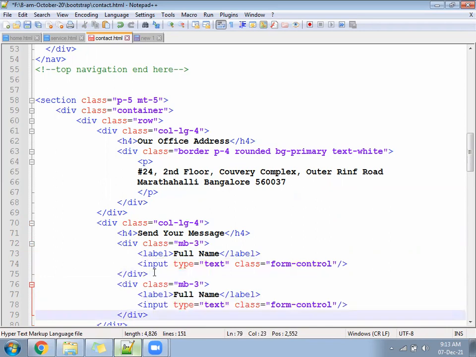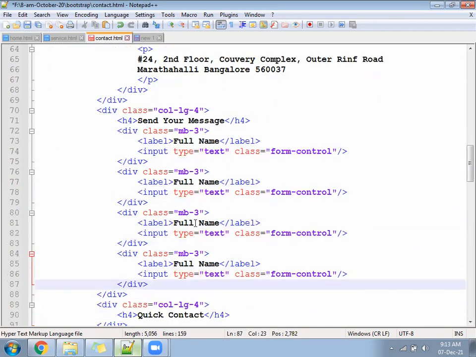Then mobile number, email ID, message, and one button.